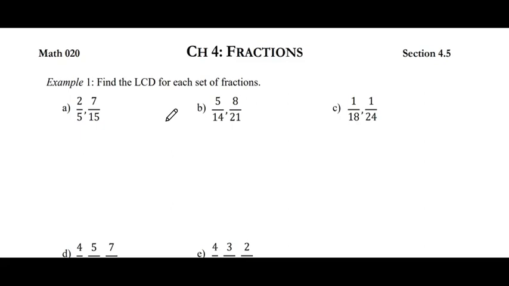Before you start listing the factors, when you have two fractions and two different denominators, really quickly check if your smaller number goes into the bigger number. So in part A, 15 is a multiple of 5. So you can totally use 15 for your least common denominator because that would be the smallest number where each of 5 and 15 go. 5 times 3 is 15, so 5 is part of the 15, and 15 times 1 is 15, because you can always multiply the number by itself. Okay, so the LCD for the first set of fractions equals 15,